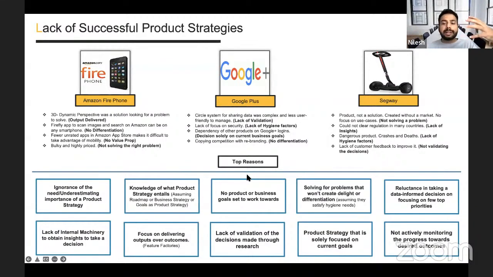So lack of hygiene factors, again, it's a dangerous product. Lack of customer feedback to improve it. So did not take customer feedback. It just created a marvel and just hoped that it would be accepted by the customers. So I'll quickly go on through